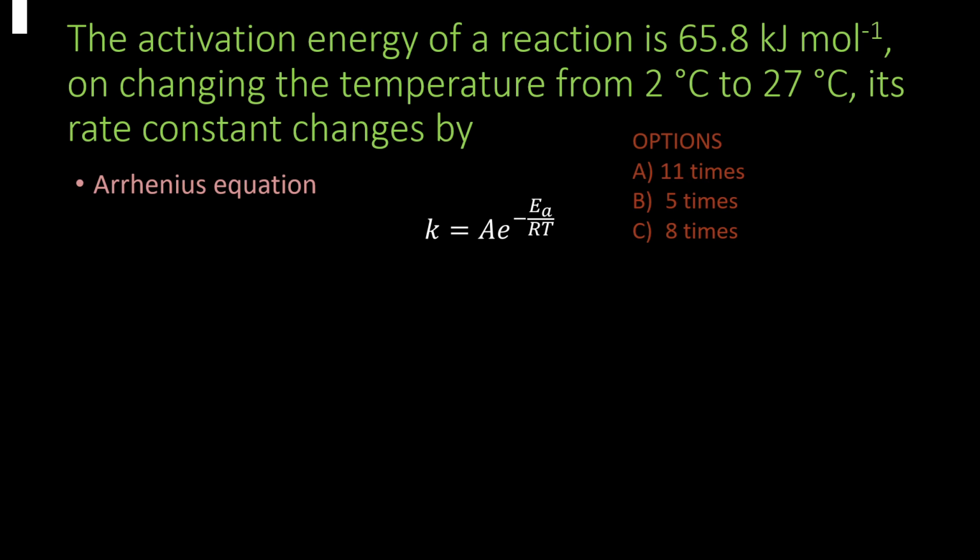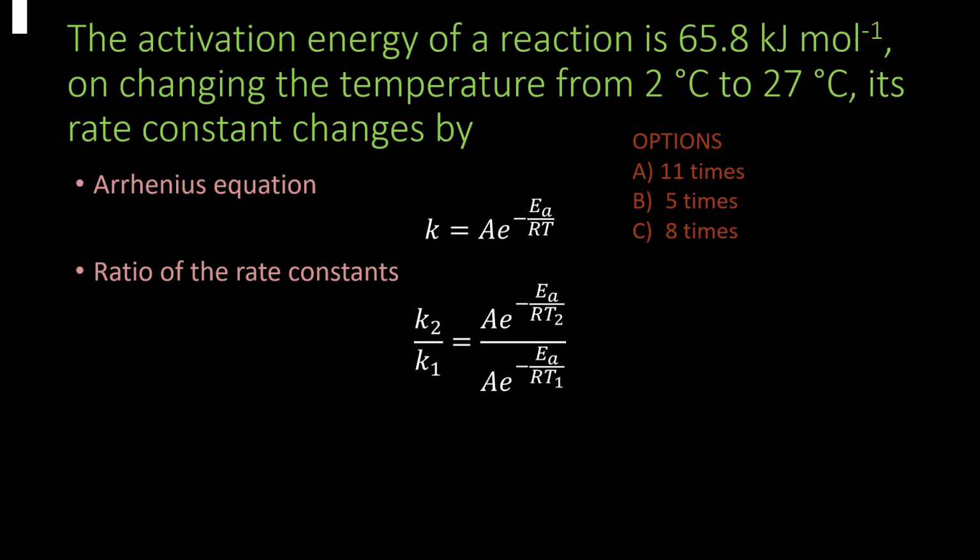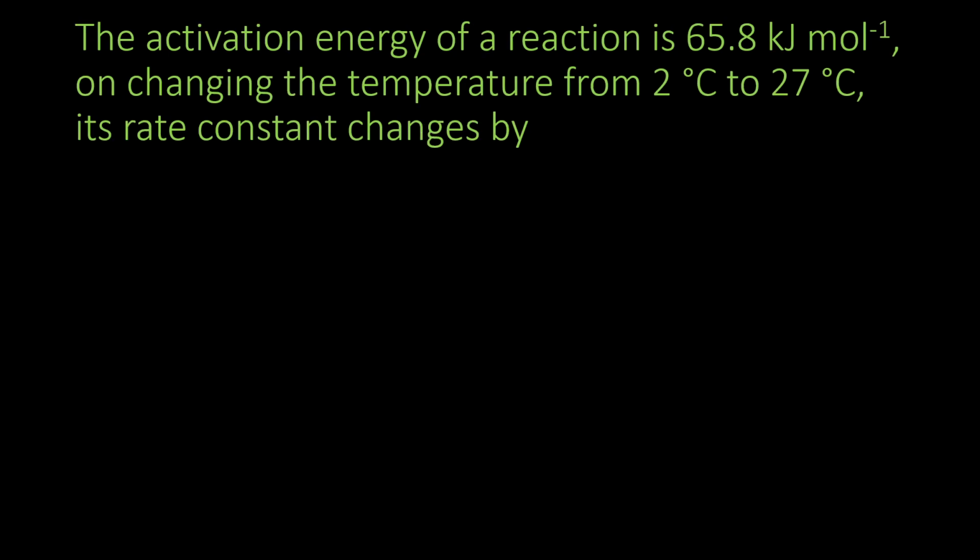Now we have to compare rate constant at two different temperatures. So we can write the ratio of the two rate constants in this expression here. Now what we can do is we can simplify the equation. Since we have both A in the numerator and denominator, we can just cancel them out, and then we will get an expression involving only the exponential parts. Now we can do some basic arithmetic using the